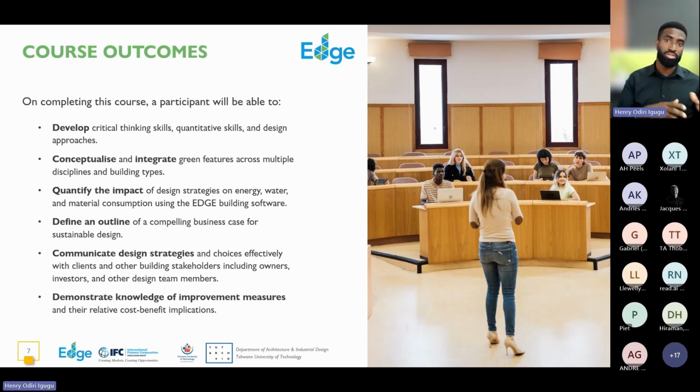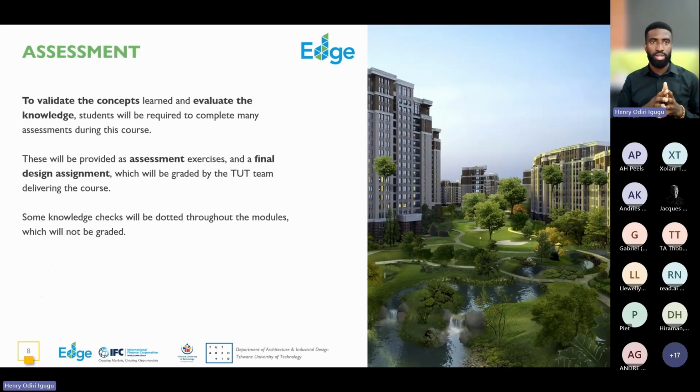There are other green building rating platforms and all of that, but there are key differences that the EDGE platform offers. And participating in the Designing for Greater Efficiency course, we're going to cover all those aspects in a very practical way. So that's it on the outcomes for now.